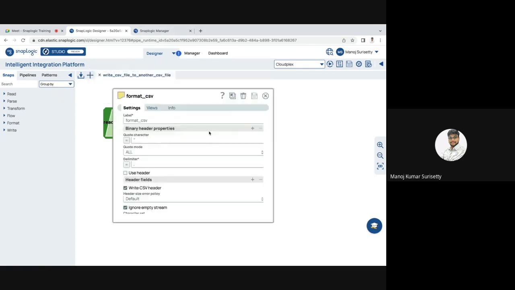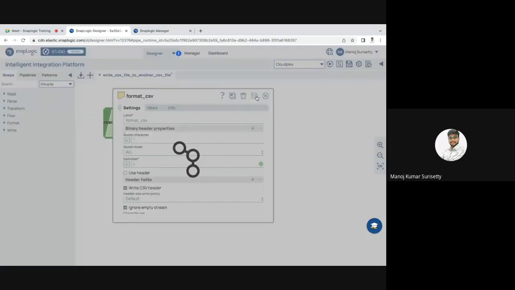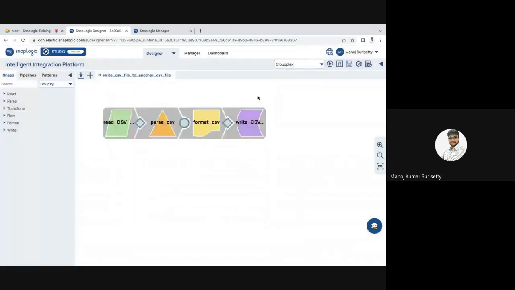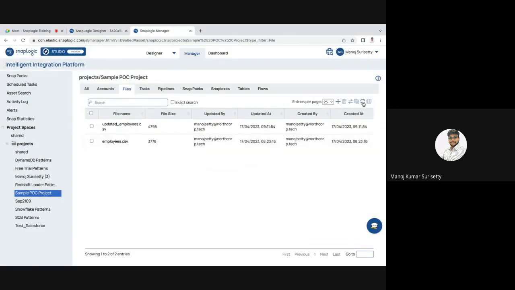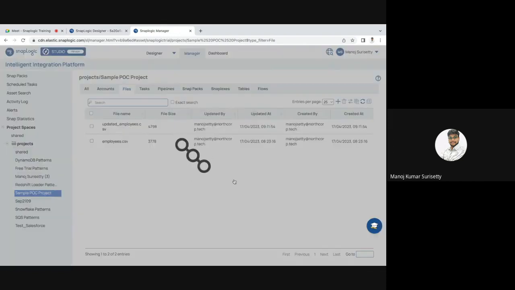Okay. Now I think we have updated. For someone's use case, I will just update this. I'll show you a different example. Just run it again, just to show you whether it is able to give you a different delimiter or not. If you can see, just refresh this. The time has updated. If you can open the file,